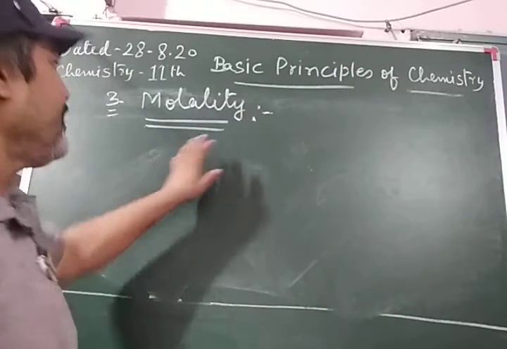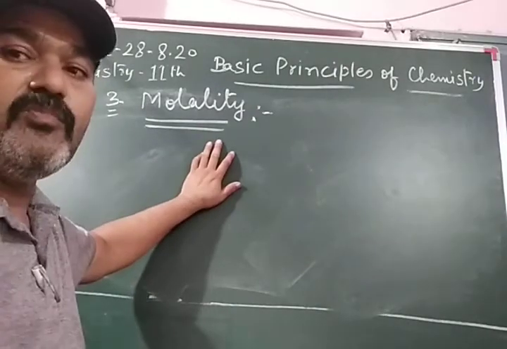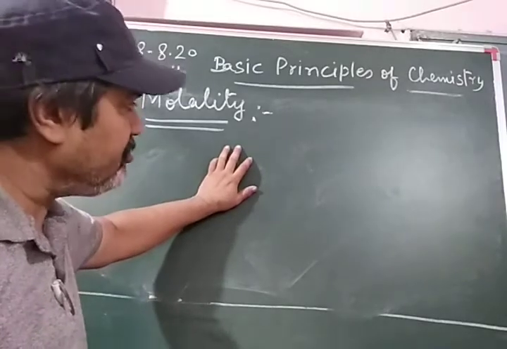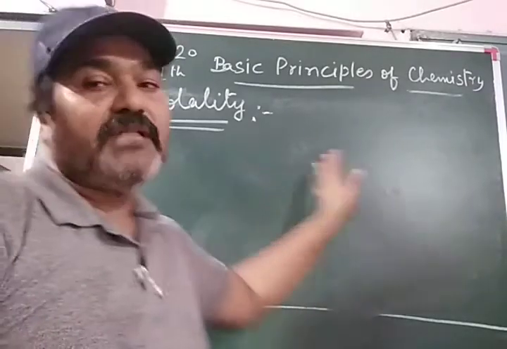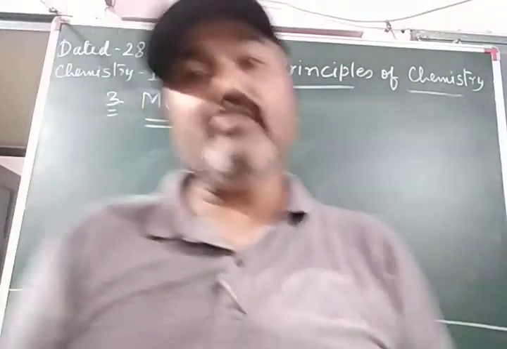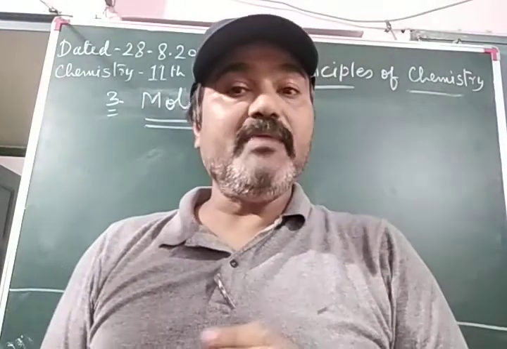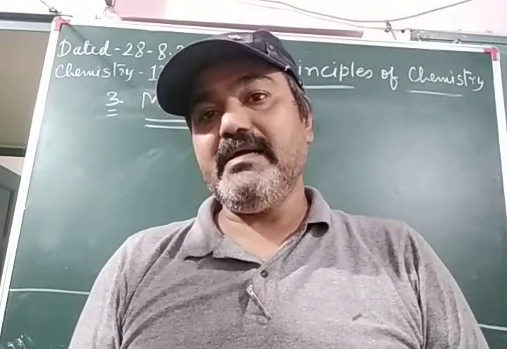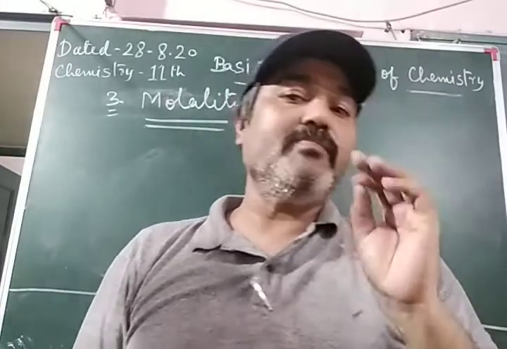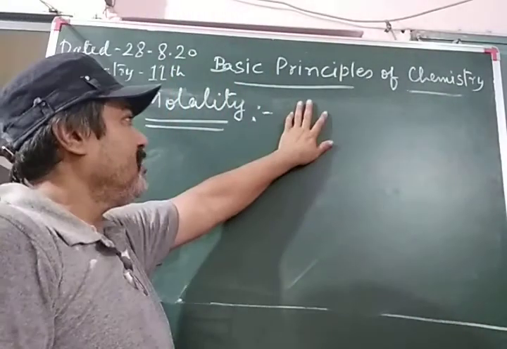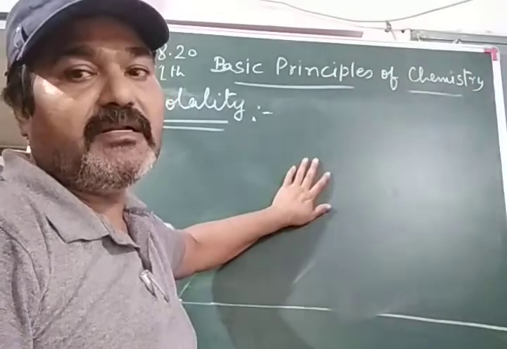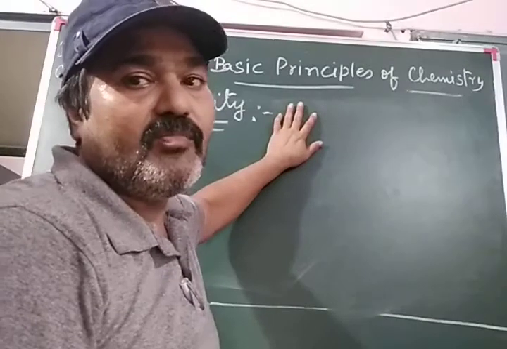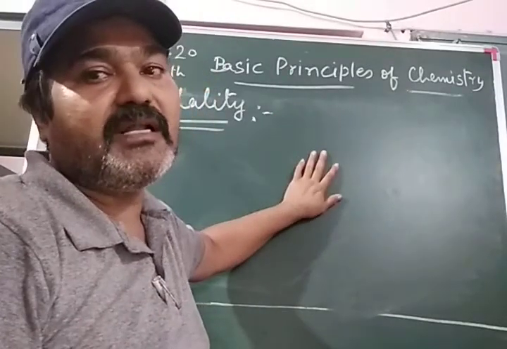If we want to define it simply, the number of moles of the solute, numerator is same, number of moles of the solute dissolved in 1000 gram of the solvent. यहाँ सॉल्यूशन नहीं है और ना कि वॉल्यूम है, यहाँ पे मास है दोनों, ठीक है ना, ऊपर भी मास है नीचे भी मास है, न्यूमरेटर और डिनोमिनेटर दोनों में मास है. तो नंबर ऑफ मोल्स ऑफ सॉल्यूट डिजॉल्व इन 1 किलोग्राम ऑफ द सॉल्वेंट, यही हो गए नंबर ऑफ मोल्स ऑफ द सॉल्यूट डिजॉल्व इन 1000 ग्राम ऑफ द सॉल्वेंट.